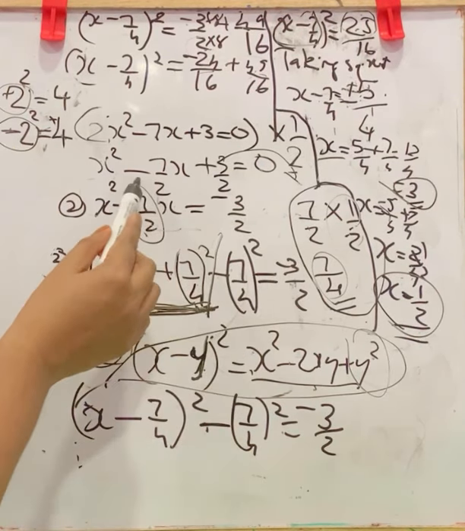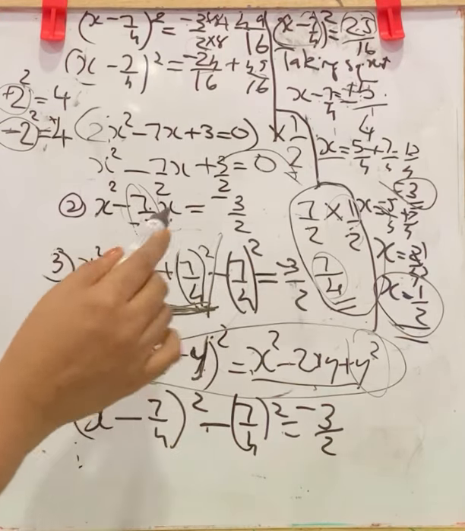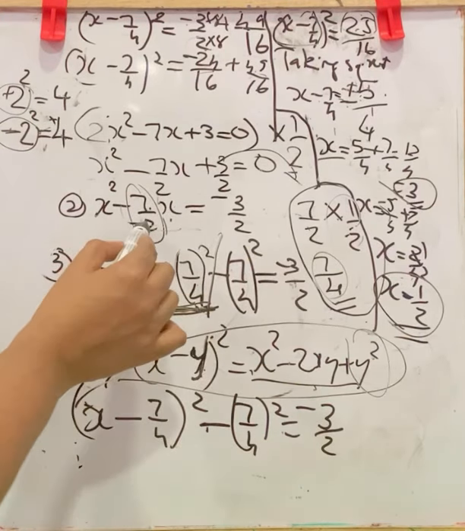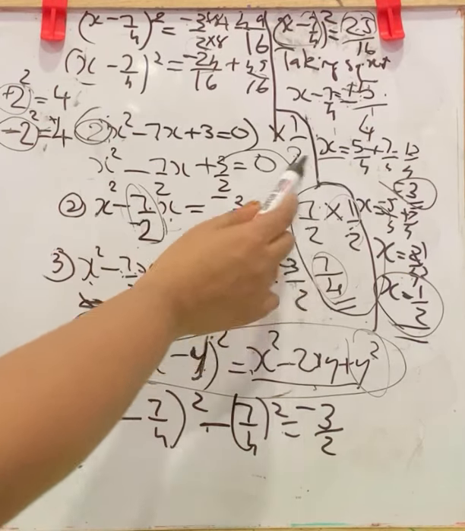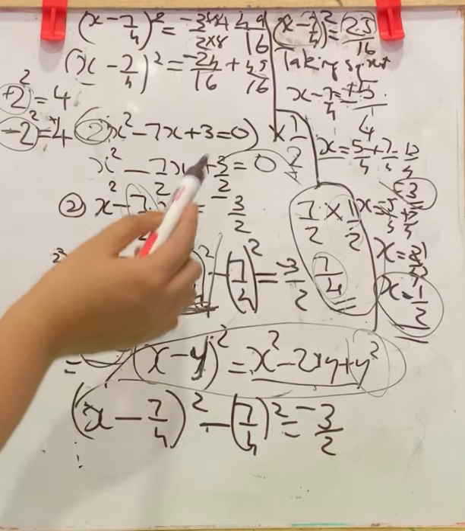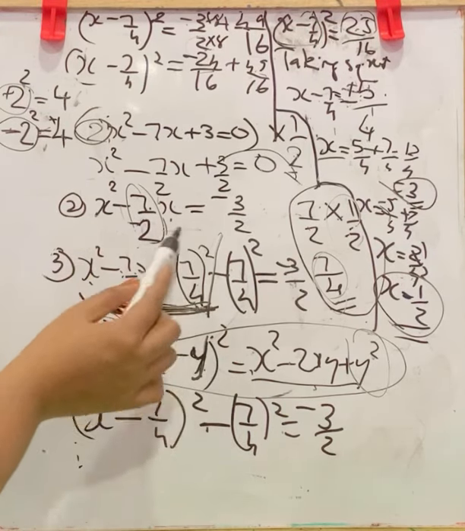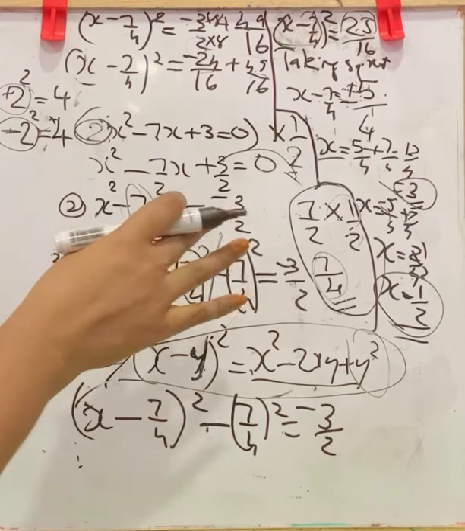if you have a value as the coefficient of x, you just multiply it with 1 by 2. Whatever be the value here, let it be 7 by 3, then also you multiply with 1 by 2. So we are taking the half and we got a value 7 by 4. Now the next thing is, you want to add the square of that number and subtract the square of that number, so that balance will be maintained.